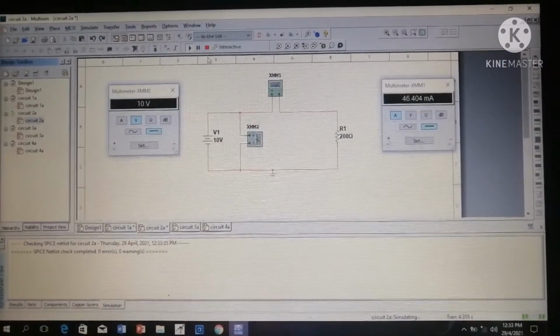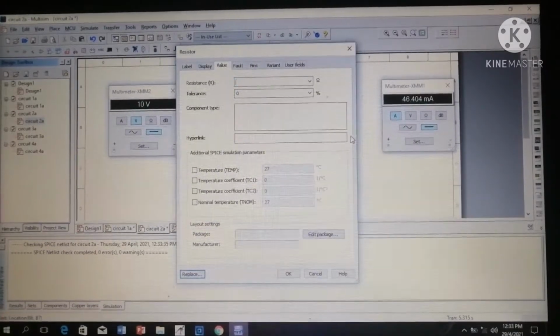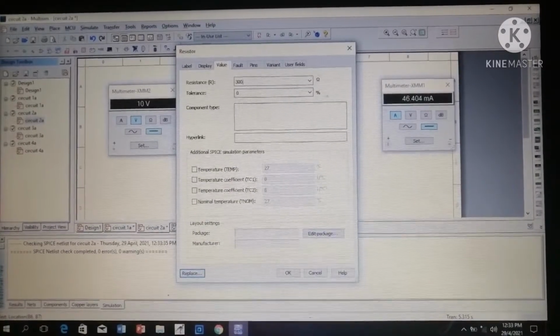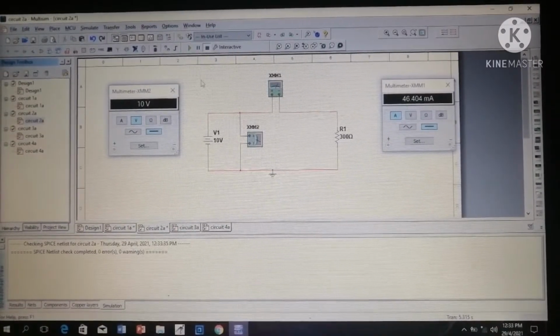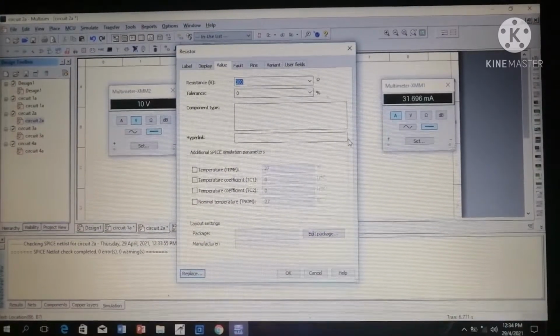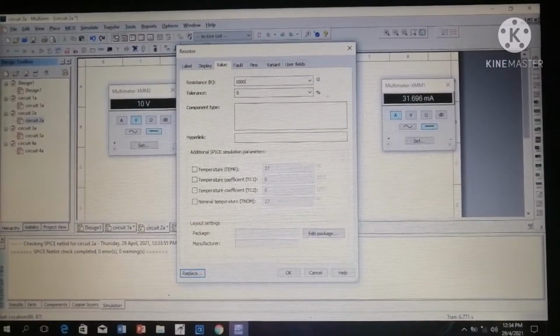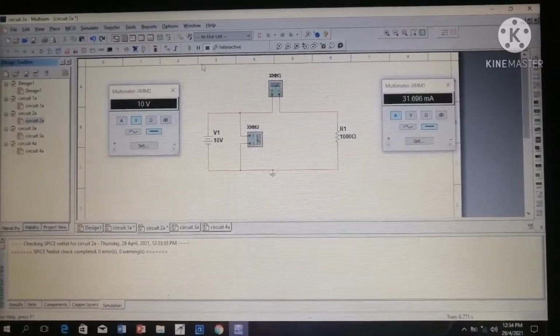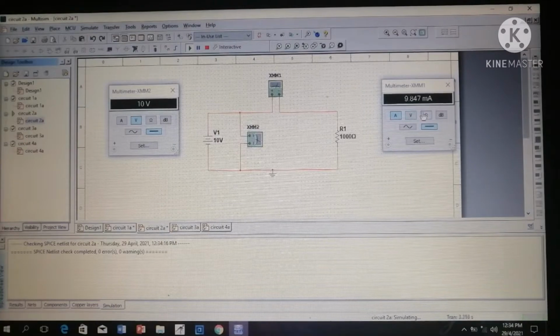for the current. Alright, stop the simulation, change the resistor value to 300 ohms. Then you run the simulation back, and then you get 10 volt for the voltage and then 31.969 for the current. Stop the simulation and then lastly change it to 1000 ohm for the resistor value. Run the simulation, and then you will get 10 volt for the voltage and then 9.840 milliampere for the current. Alright, so that's all for the activity number